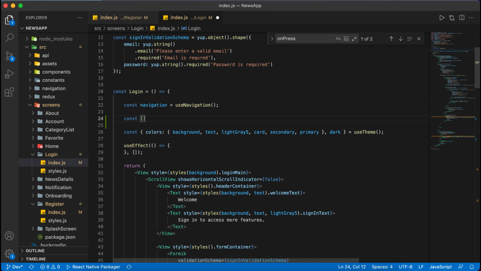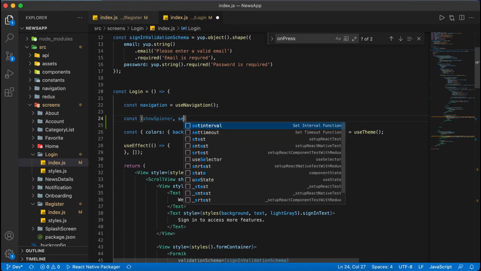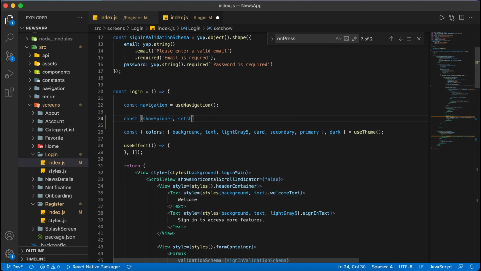The first one will be for the spinner, to display the spinner inside the register button. That is setShowSpinner. This is the method, and the first time it is false. You can see that I have used useState, which is a hook.